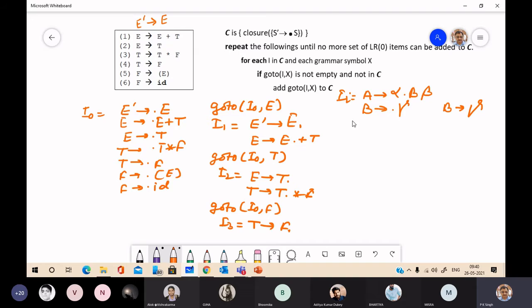Now we have two more grammar symbols you can apply. GoTo(I0, opening bracket) will give you I4, which will contain F to open bracket dot E close bracket.